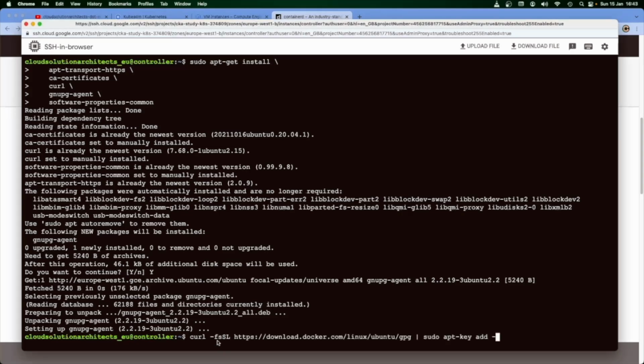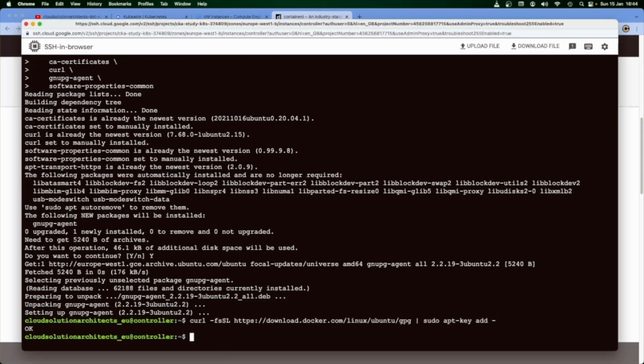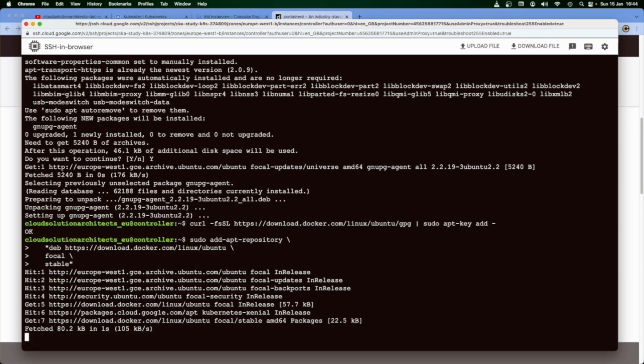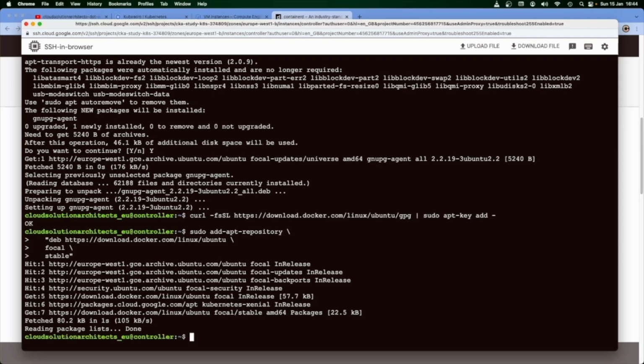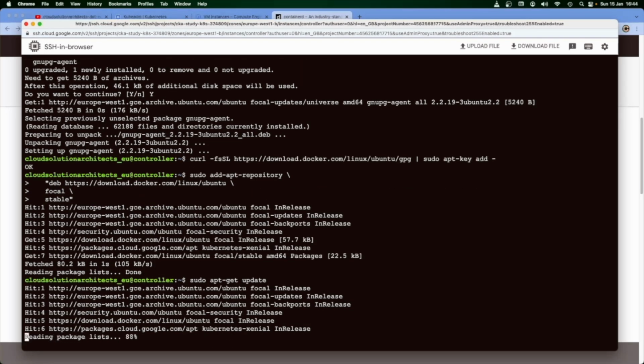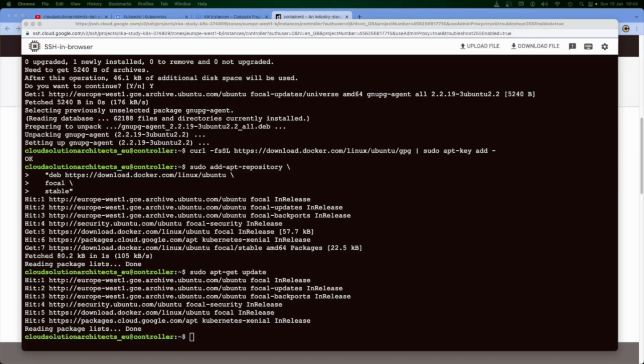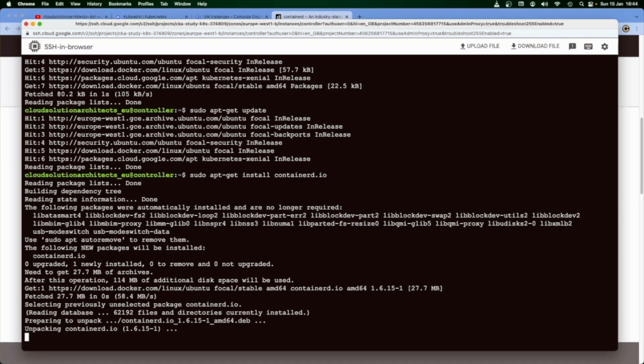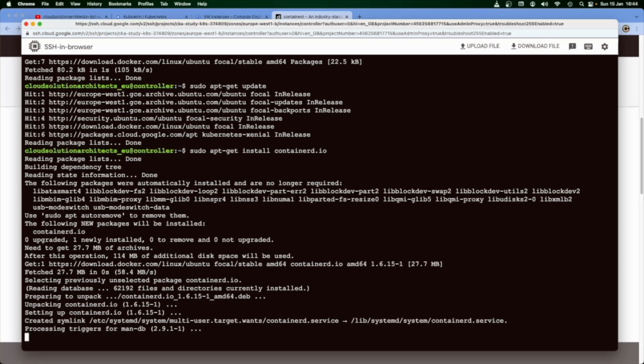Okay, so I'm just getting ready the actual Containerd installation and whatever is required for that Containerd installation to be working. I want to then run my command for my update. And then finally we get to install our Containerd as required. So we give that 1 minute,